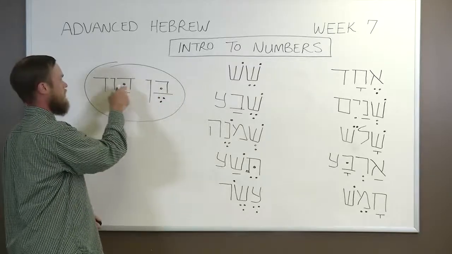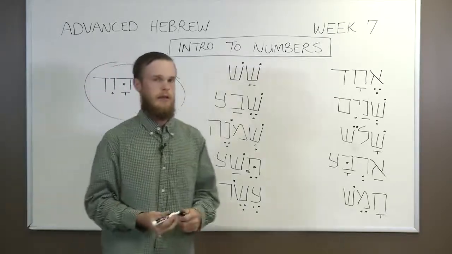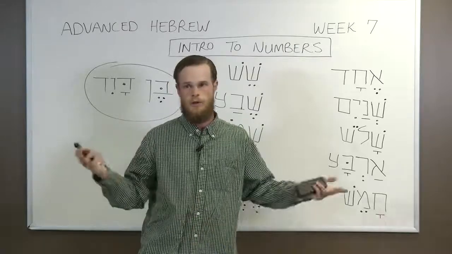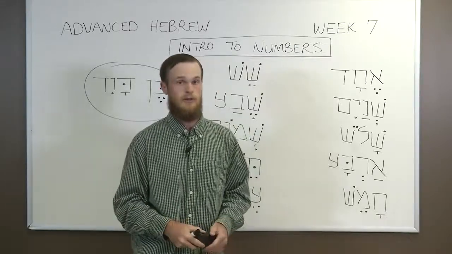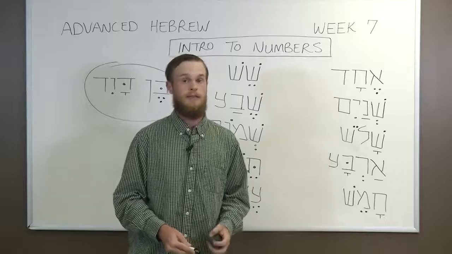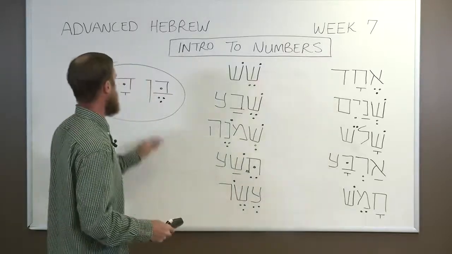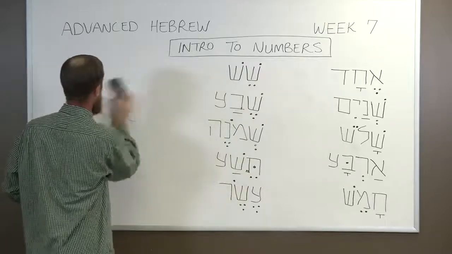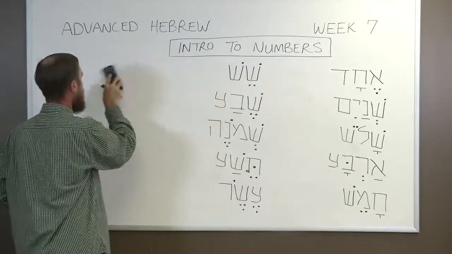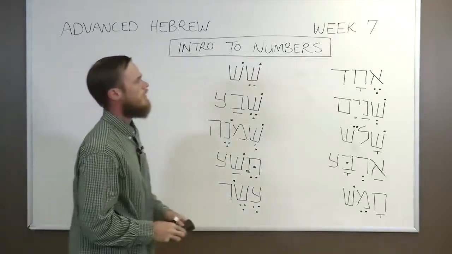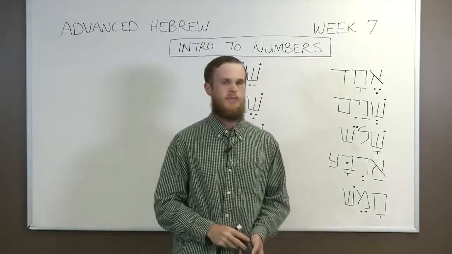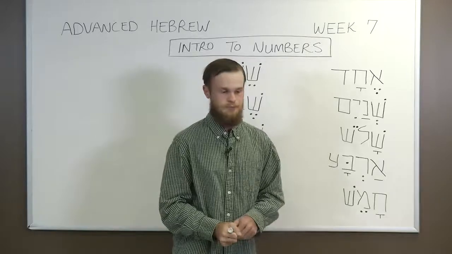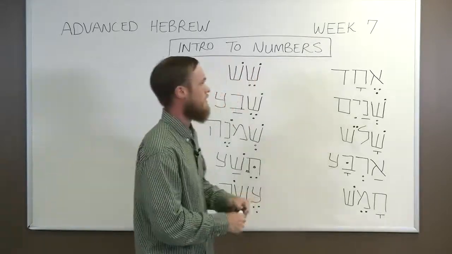Okay, so this means son of David. It indicates that there's a connection between those two words, that they're not just two words that happen to be adjacent to each other. There's a reason that they're being placed there. All right, so Ben David would be translated son of David. When we put numbers in the construct state, the same idea applies. So if we were to say one horse in the construct state, what happens is echad,